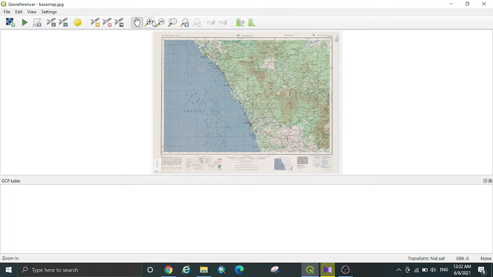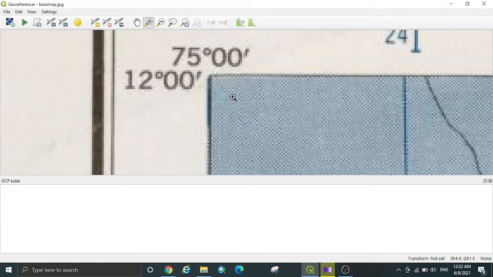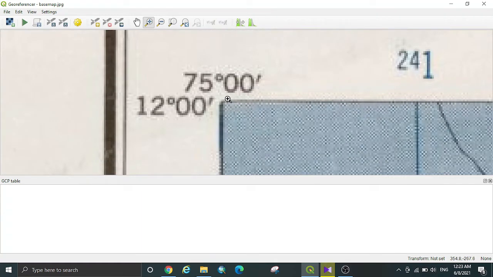To do that, zoom to the top left corner where we can clearly see the intersection of both latitude and longitude. After that, click on the Edit menu and select Add Points. Now we can see the cursor has changed to a cross sign. Click on the exact intersection of the latitude and longitude.